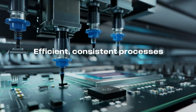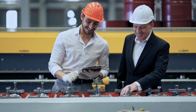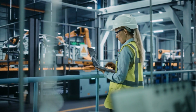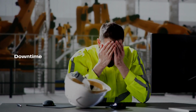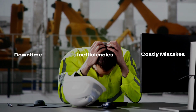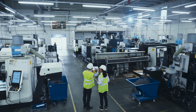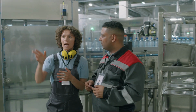Efficient, consistent processes are critical for any manufacturer, ensuring companies deliver the high-quality products their customers demand and rely on. But monitoring these processes can be challenging, as production line miscommunications can lead to downtime, inefficiencies, and costly mistakes. Shift changes often rely on quick conversations or handwritten notes, which can easily be missed, forgotten, or misunderstood, leading to